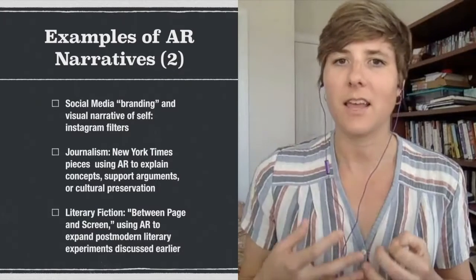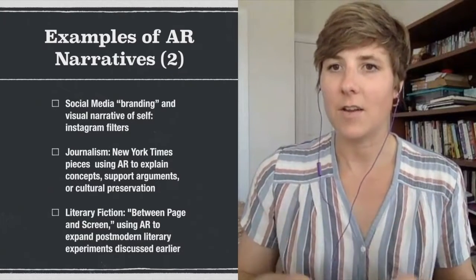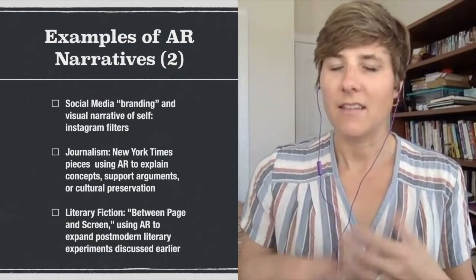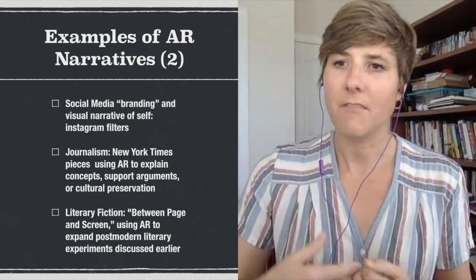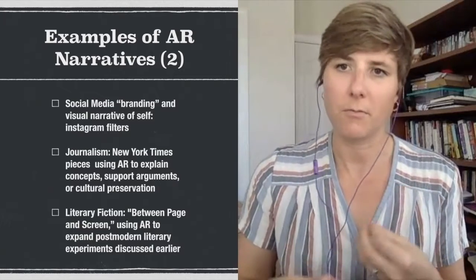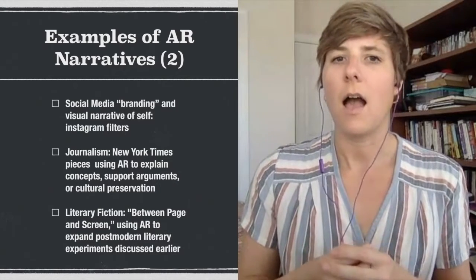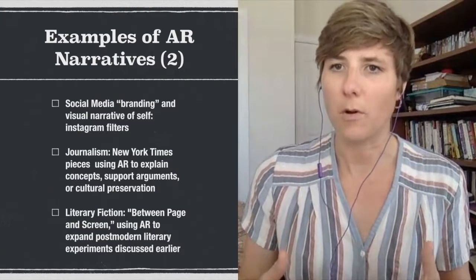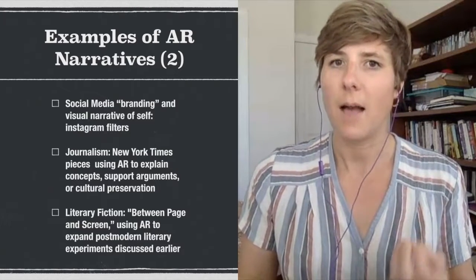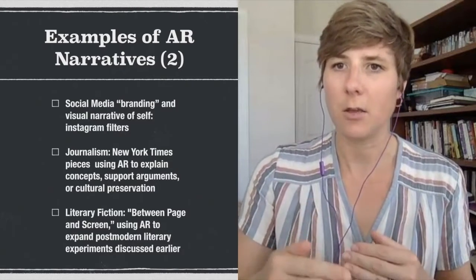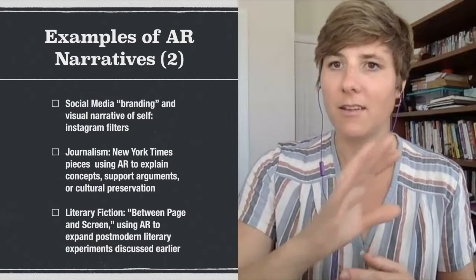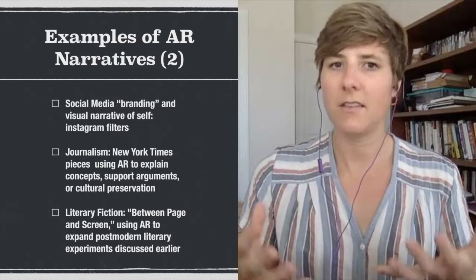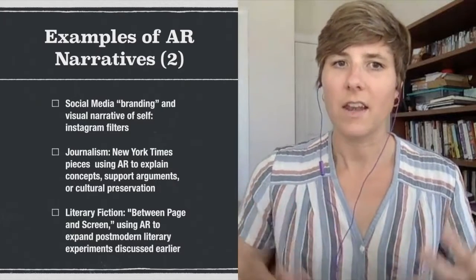So we talked about things like the materiality of the text, and here you can see the text having a sense of its materiality by being physical: it falls from the screen, it moves around, it's multidimensional. We also see this one dealing with the reader's role in creating or supporting a narrative, right? Because the reader has to perform the narrative by holding these QR codes up to the computer's camera to get the augmented overlay. And then it also continues this theme we've seen of challenging the linearity of text,